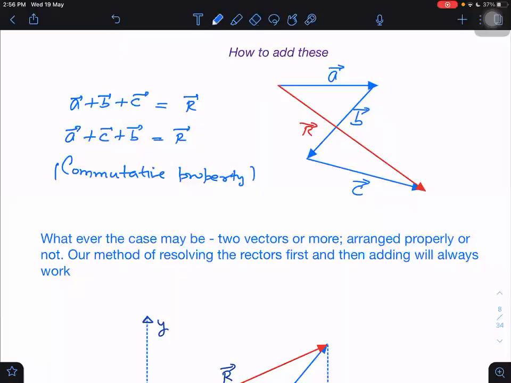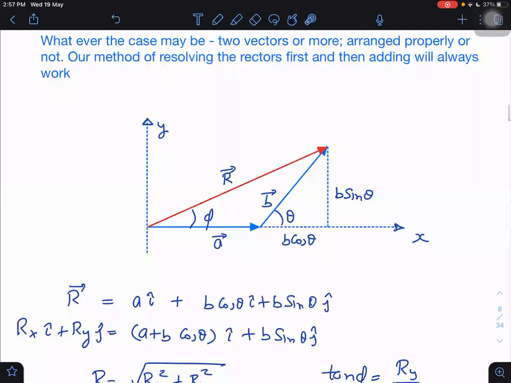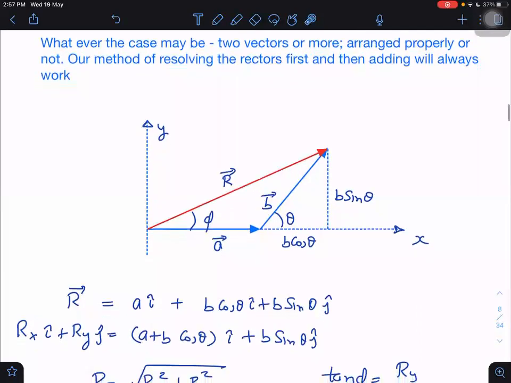Because the third side of a triangle will always be greater than the difference of the 2 sides, and it will be less than the sum of the remaining two sides. So the resultant of two vectors will have magnitude which will be greater than the difference of the magnitudes and less than the sum of the magnitudes of the two vectors. I will come to this point later on also, so don't worry much. This is simply called triangle inequality.